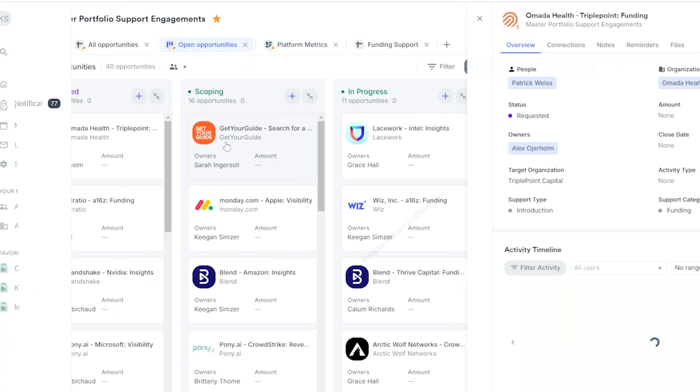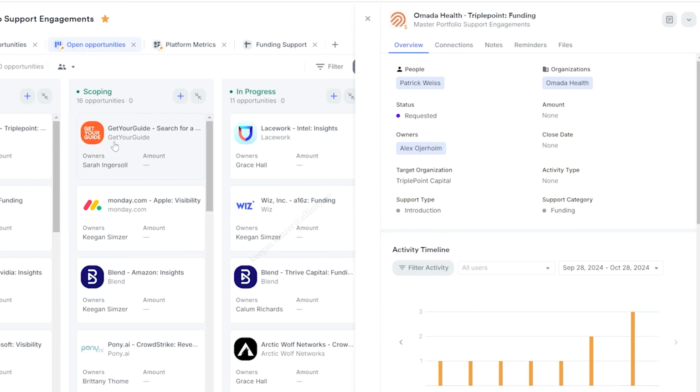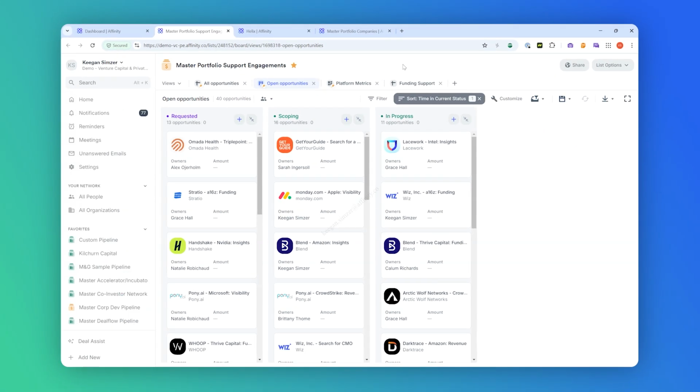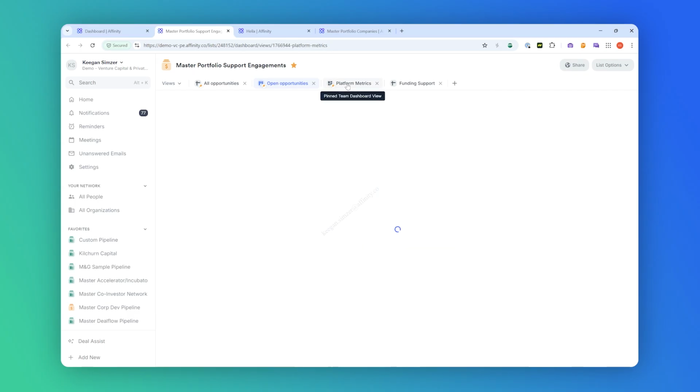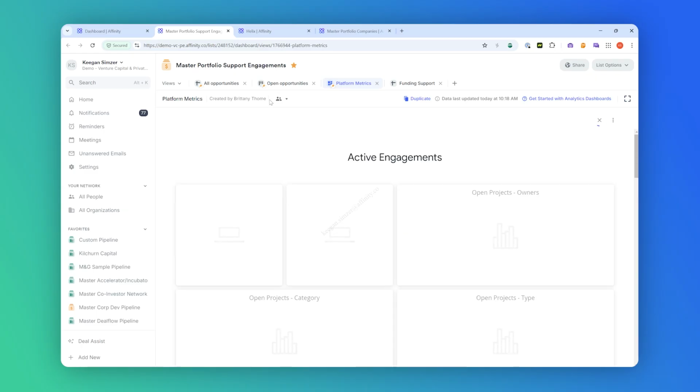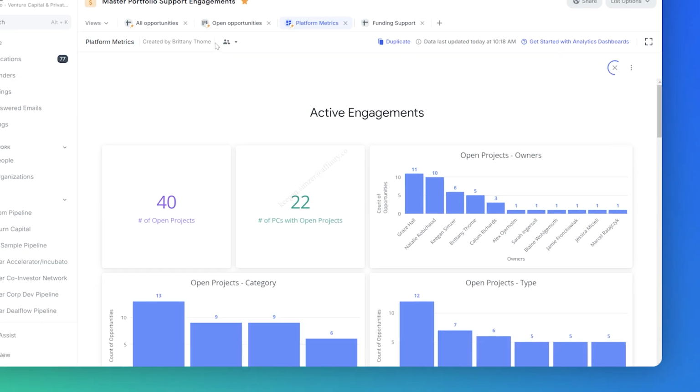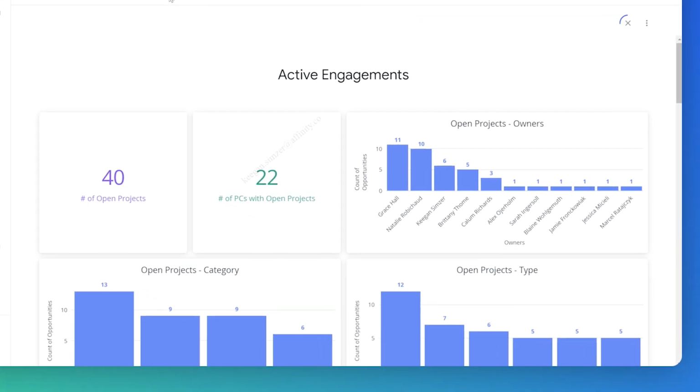Here we can click in to each of these individual cards and see some of that fundamental information that we're tracking associated with those opportunities. The last piece of this is from a reporting perspective. So as we're tracking all of these support items within the platform, we can report on all of this data as well. Our Affinity Analytics tool allows you to build highly customizable dashboards that pull all of that data associated